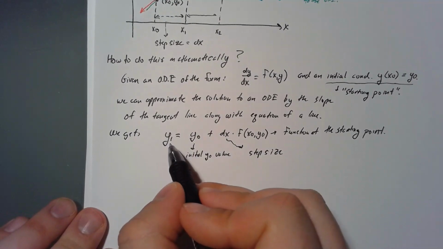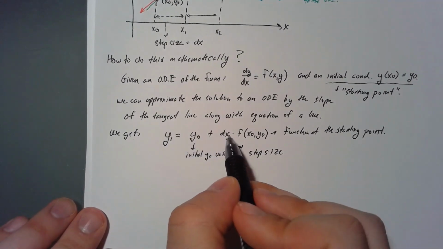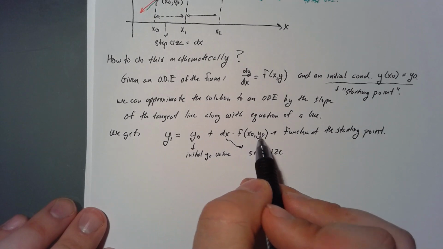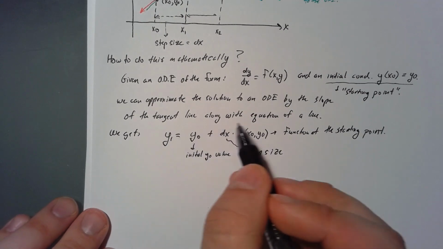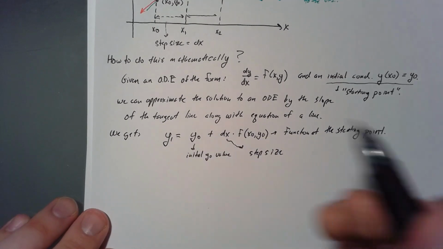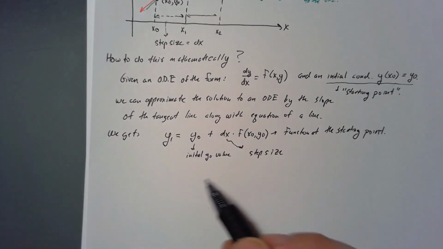So if I go to y sub 2, then I use y sub 1 plus dx times f at x sub 1 comma y sub 1. And if I want to get y sub 2, I do it for y sub 1, and then y sub 3, I do it for y sub 2, and so on. So to summarize,